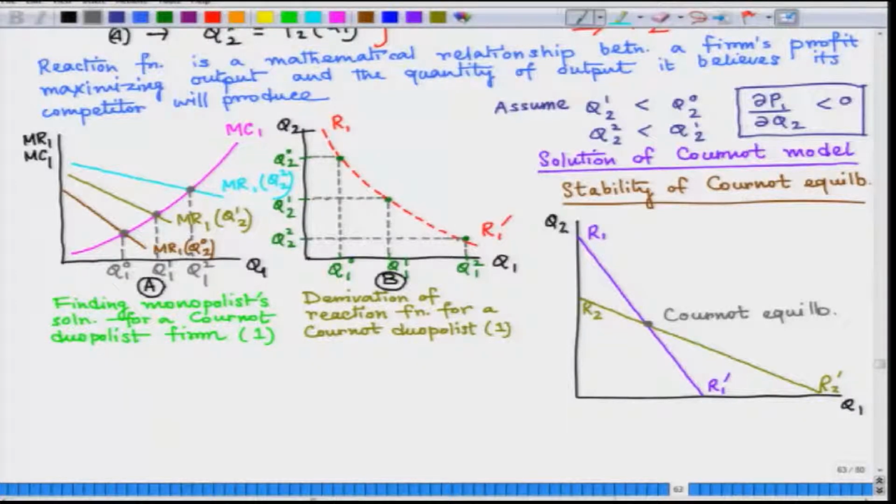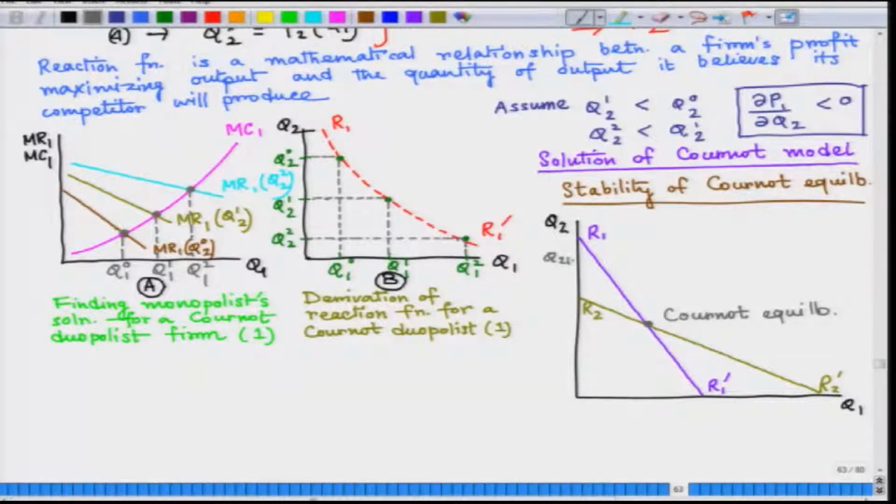Okay. So, now what does a stability analysis mean? It asks that if I deviate from this Cournot equilibrium, whether I can come back to the original equilibrium or not. So, let me now start with some arbitrary level of output, given by some number, say